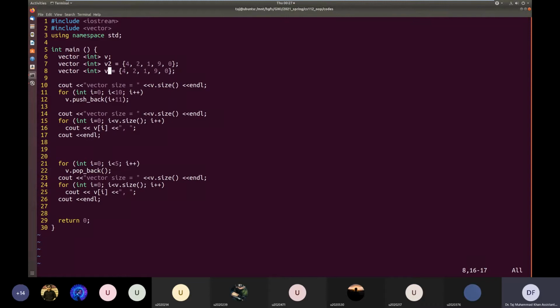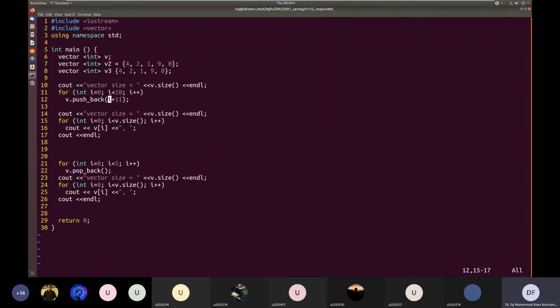It's again in the syntax like this. Instead of an assignment, we directly initialize it like this. So all these will create vectors. So for example, I am adding elements in vector v. So I'm calling this function push_back. What push_back does is it basically adds a new element at the end of the vector. So the vector is internally storing these elements, and the new element will be added at the end of the already stored elements.